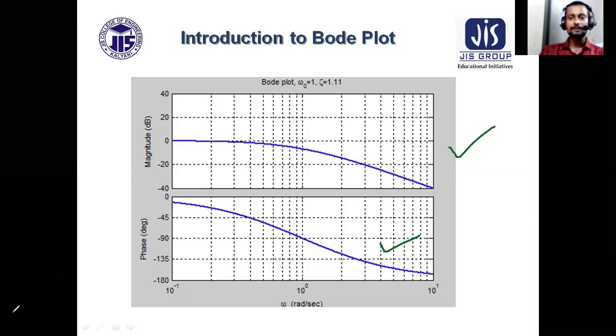To comment on system stability, we must know the gain margin, phase margin, gain crossover frequency and phase crossover frequency for a particular system. Once these four parameters are known to us, by observing the values of these parameters, we could comment on system stability. So in today's lesson, we'll be discussing the brief of the Bode plot method and how to get the Bode plot for some individual terms.